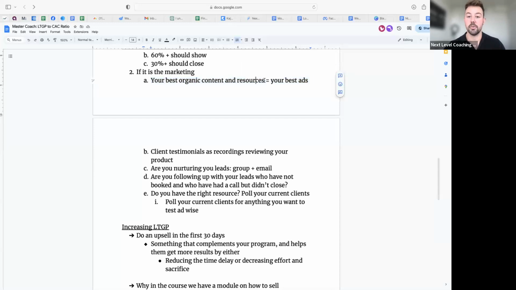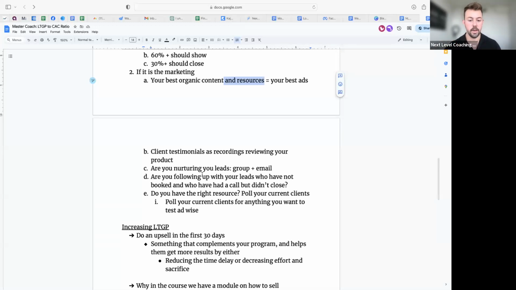All right, same thing is true with resources. I know every single person on the call, every single person in the program, uses free resources as lead generation magnets. You should have at this point 1 to 3 free resources that work for you very consistently. If you did a free resource post in your Facebook group, your WhatsApp group, and on your Instagram stories, that's a means you could test to see what's going to get the best response.